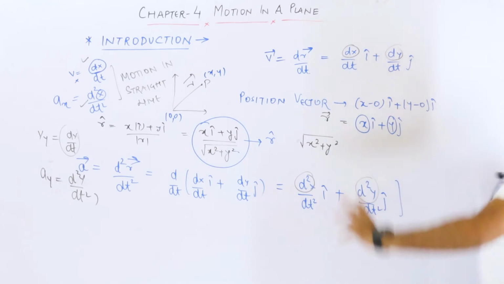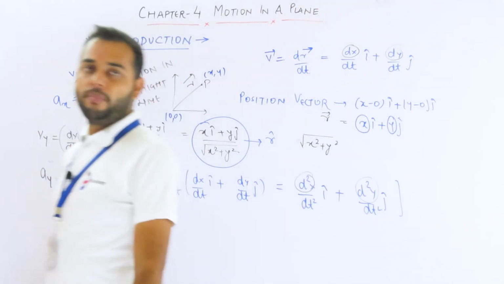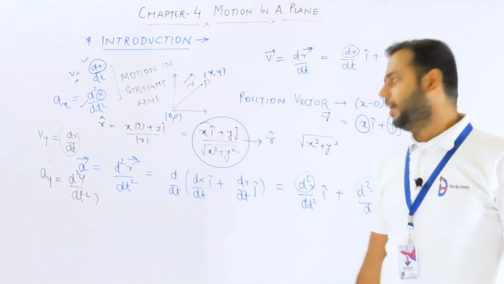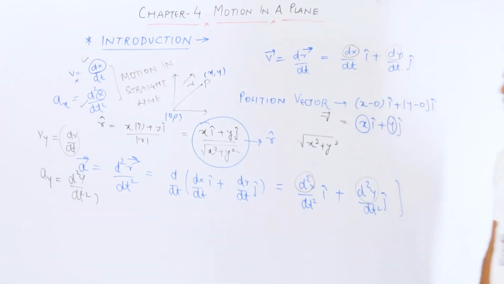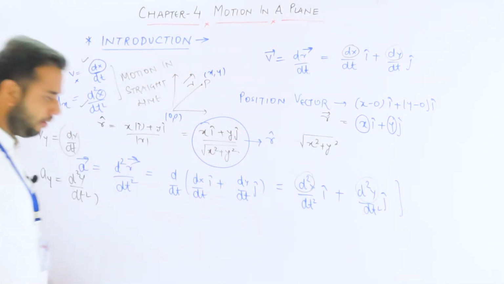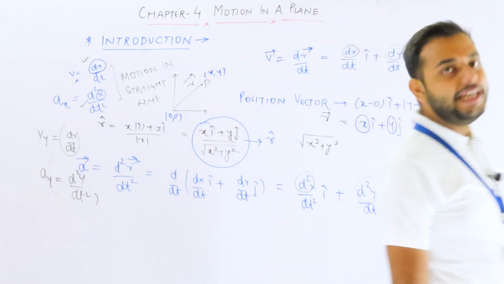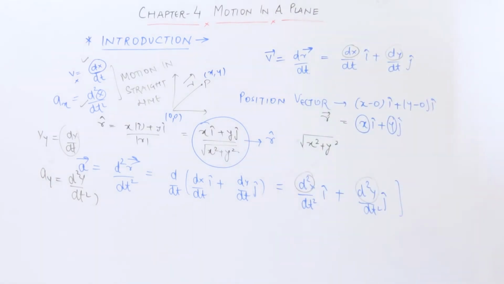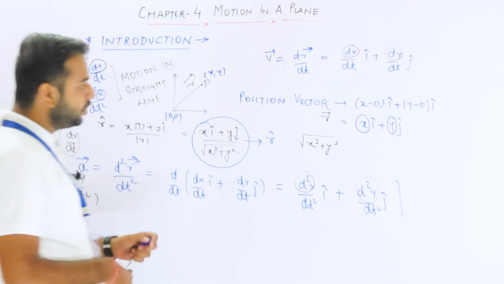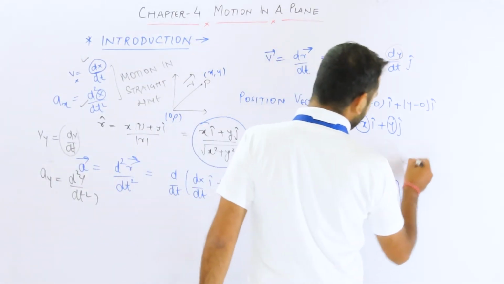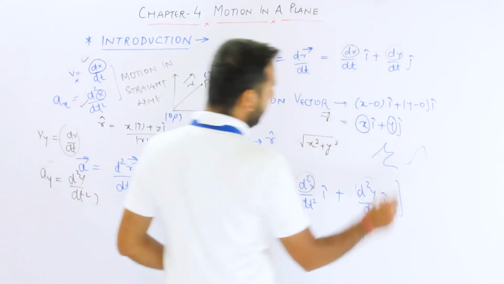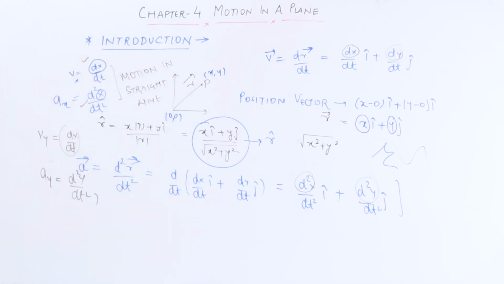That's how this chapter, motion in a plane, is completely different from motion in a straight line, because this chapter has a domain that is completely different. Okay. So the domain of this chapter says that we are going to study particle motion in a plane. What will happen to a particle moving in a plane? In a plane means that particle motion can be like that. This is also a motion in a plane. Particle motion can also be like that. Whatever is like that, this is simply motion in a plane.